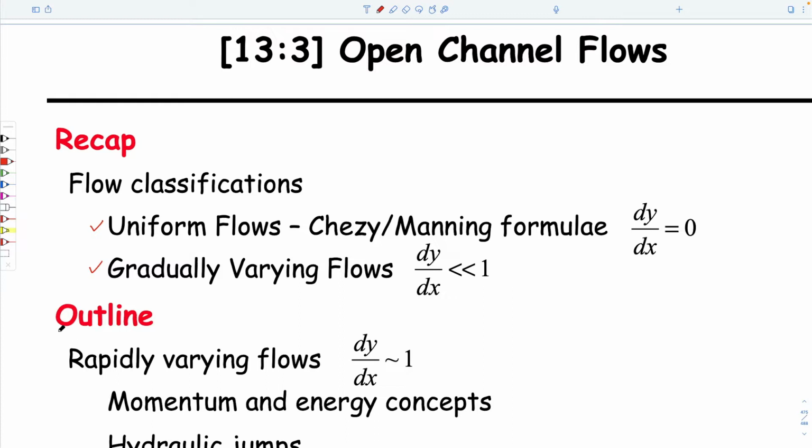Today, we'll ultimately talk about rapidly varying flows, but maybe it's worthwhile just recapping exactly the characteristics that we talked about before. And if you remember, we talked about flows which can be defined in terms of the gradients of the different components. And certainly we called the gradient of the bed S0. We called the gradient of the energy grade line